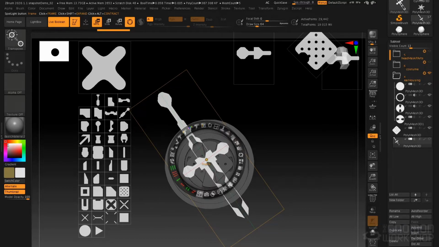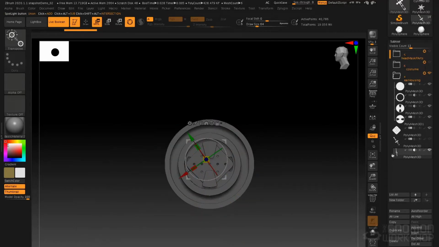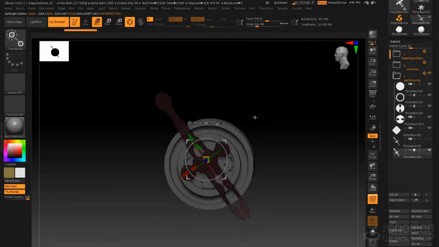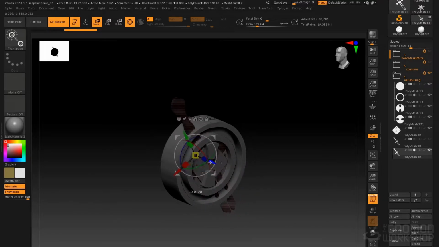Now, if I go back to my expand here and I click Alt and then click on it, it will contract that alpha. See, it's contracted that now. So if I Alt click on Add, press Shift Z, I've created a subtraction object there. So if we go to frame mode, we'll be able to see it. So if we bring this back,